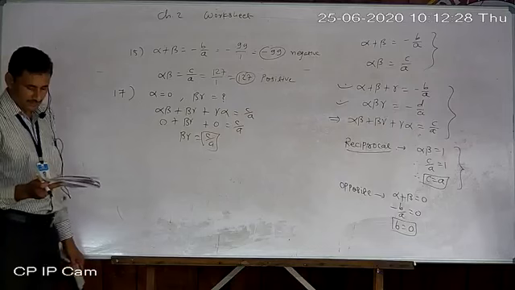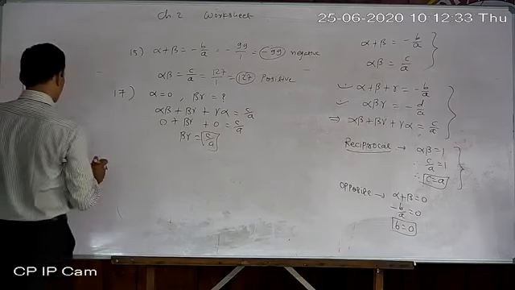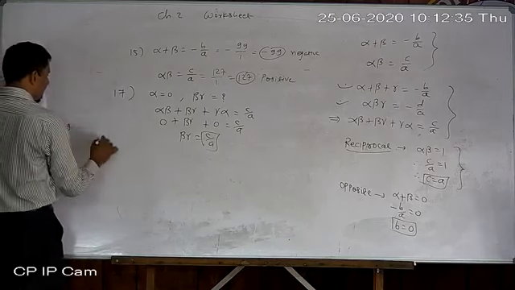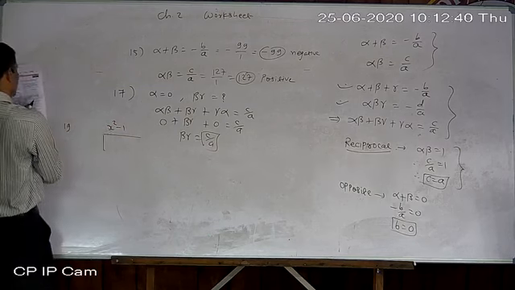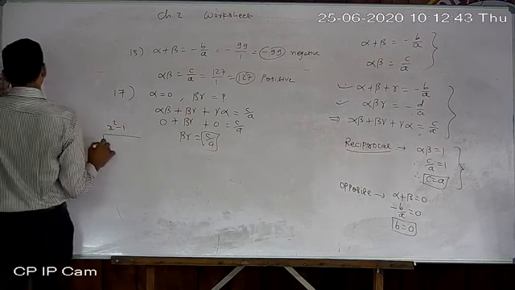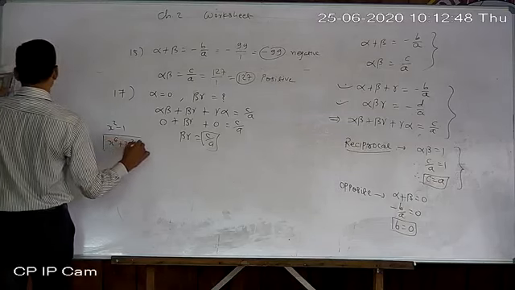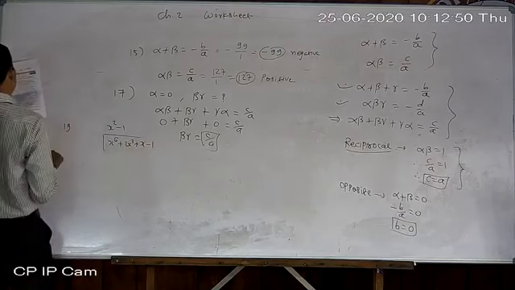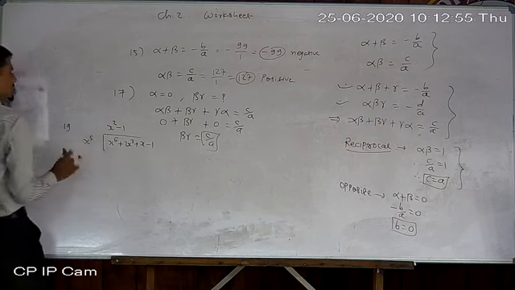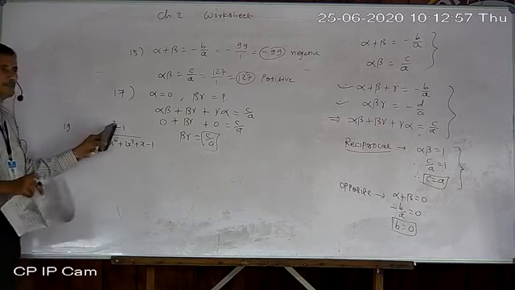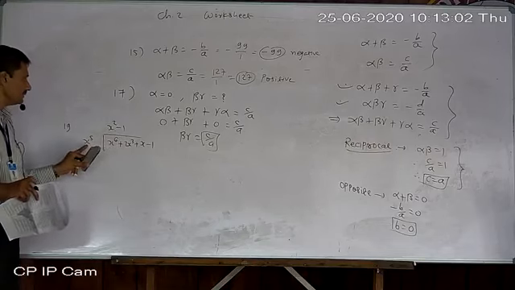18 is simple again, product is asked. 19. Can x square minus 1 be the quotient? Number 19. They are asking whether x square minus 1 may be the quotient, if what is given there? The quotient on division of x raised to 6 plus 2x cube plus x minus 1 by a polynomial in x of degree 5. So we are dividing by x raised to 5. They are asking can the quotient be x square minus 1 if this polynomial is divided by this.